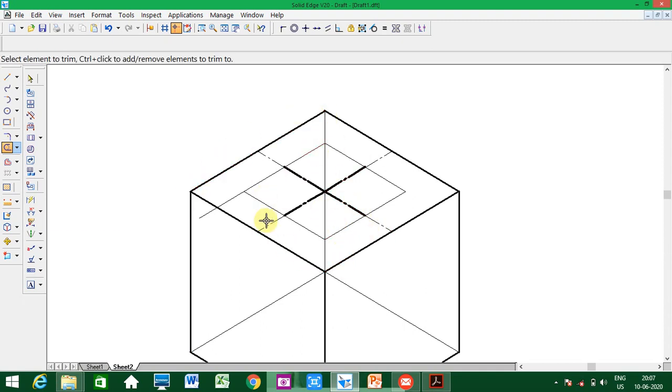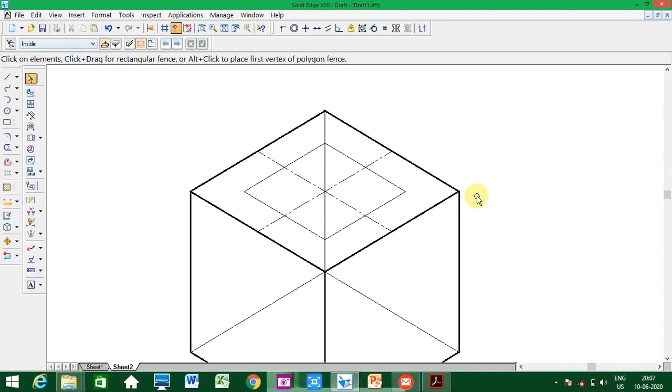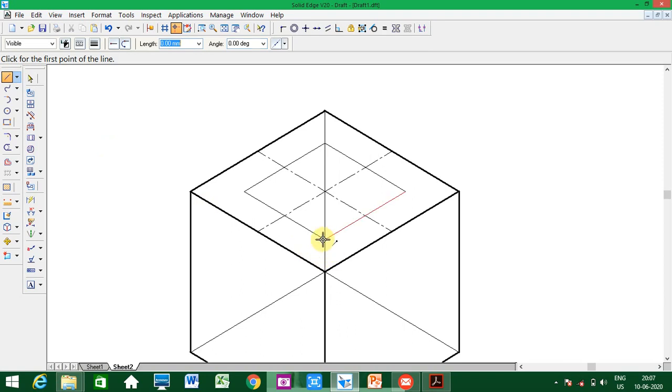Okay, now this is the manual method you are doing, that's why I'm showing it. This much is done, you have created this box. Now I'll hold control and remove these lines, they are not required now. Now, just to show, this is the box, you can see the inside box. This is the obtuse angle point. From there, if you want to create a circle, take this as the center. Obtuse angle means more than 90 degrees.